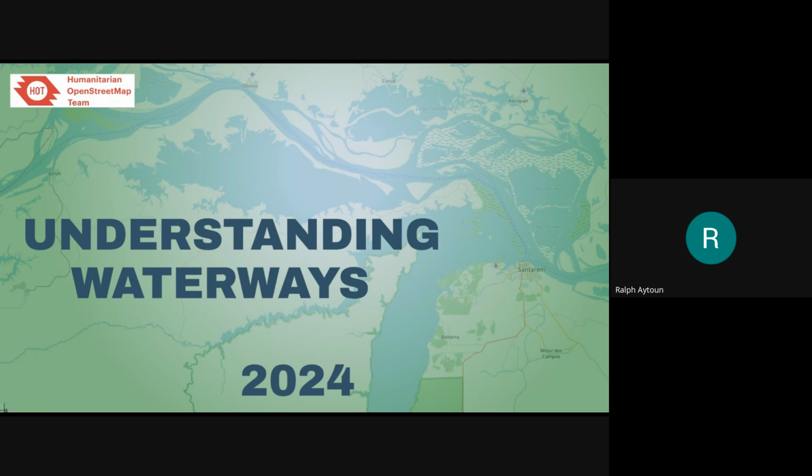And that understanding is quite important, as you will see as we go along, for the reasons that it's not quite as simple as drawing buildings. The proper idea is that waterways should have a specific way of drawing them.